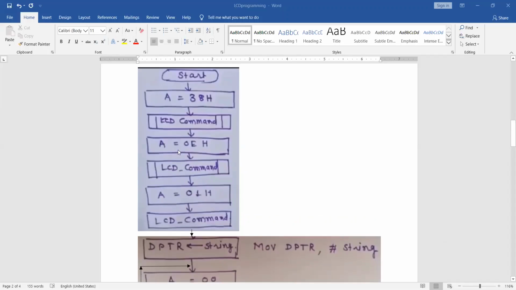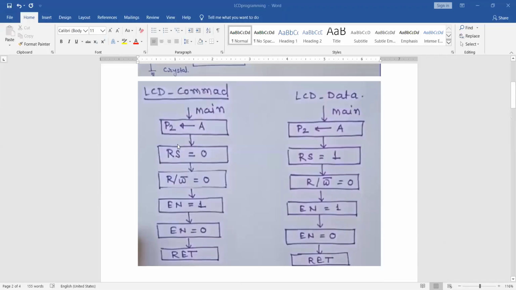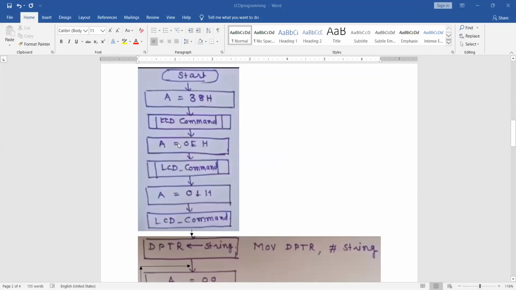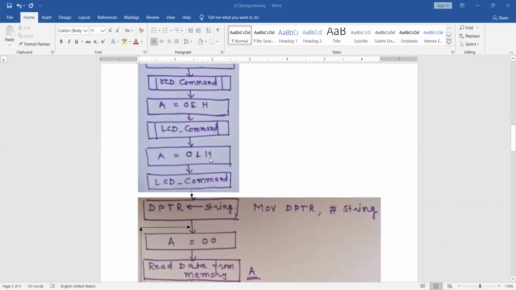Then next step is A equal to 0EH. Why 0EH? Display on, cursor on. It is another command, so you'll call that subroutine again. The LCD command subroutine is written somewhere below. Then A equal to 01H, which will clear the display. It's also a command.